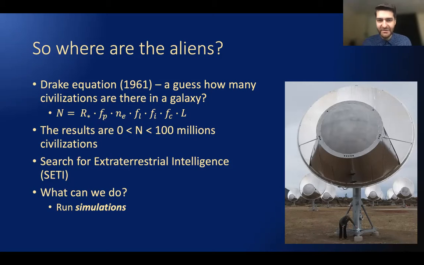So he started the equation with this R star, which is the star formation rate, that tells you how many stars are being formed every million years. And then he multiplies that with the fraction of stars that host potentially habitable planets, this FP. So let's say that maybe 50% of the stars have planets that have solid ground. And then you multiply that with NE, which stands for the average number of planets that are orbiting these stars